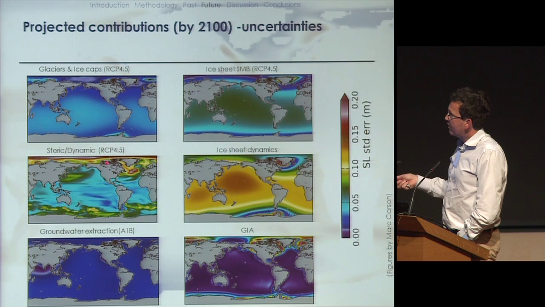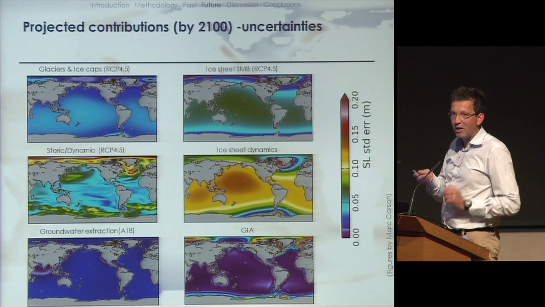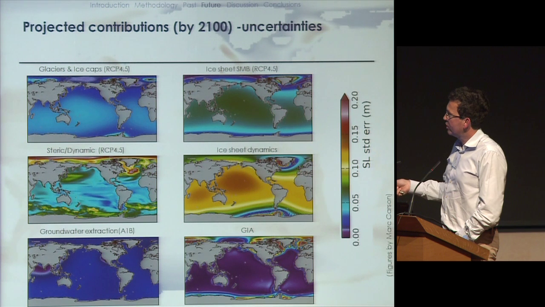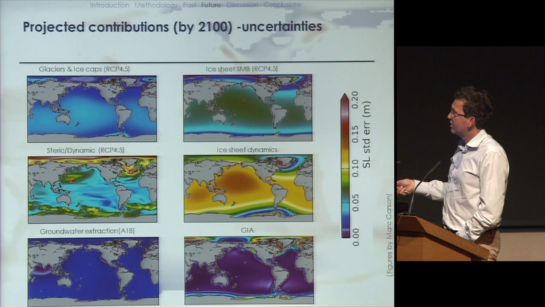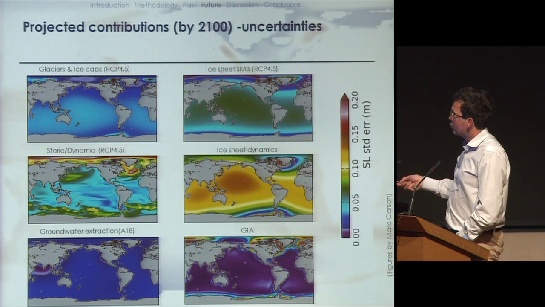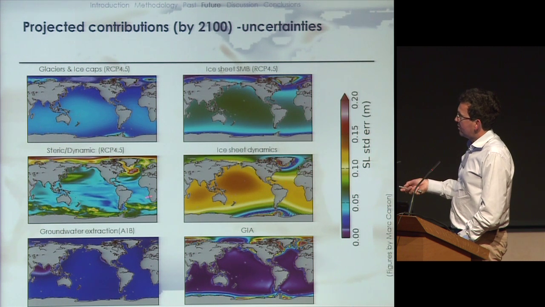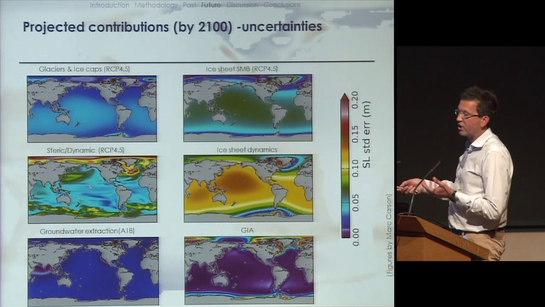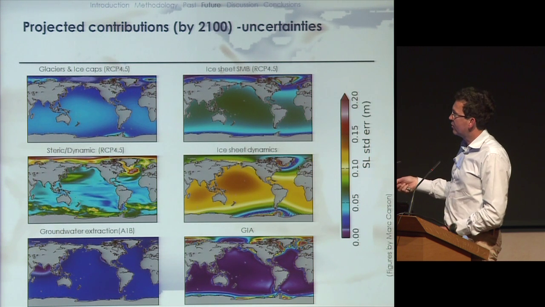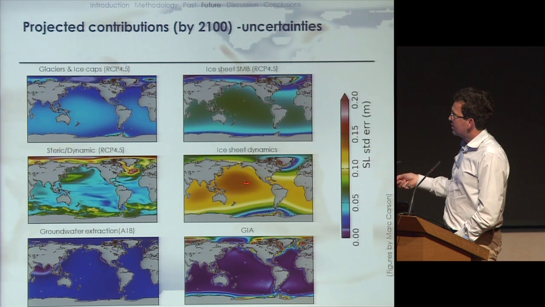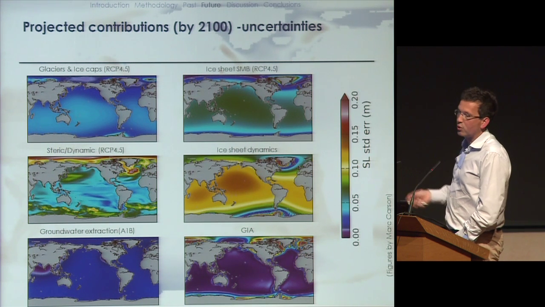One thing which was implicitly mentioned this morning was that the spatial variability is dominated by the steric pattern, but of course there's a smaller scale variability in the steric pattern, but on the other hand you see that it's the same color scale,